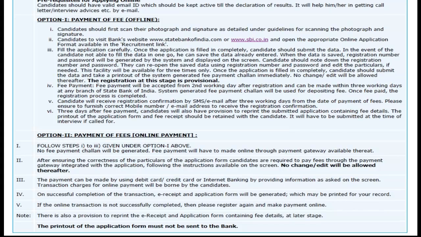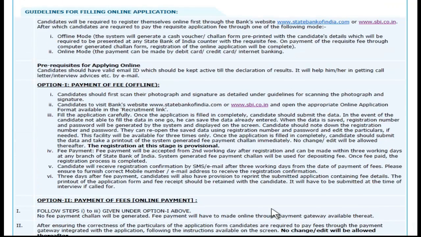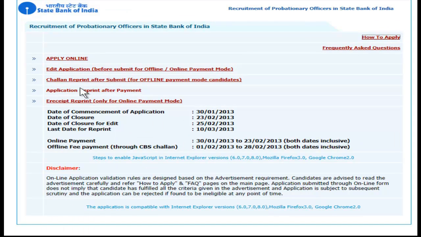Please note that you don't need to send the printout of the application form or e-receipt to SBI. Now, after going through this, let's go back to the main application form and click on apply online.